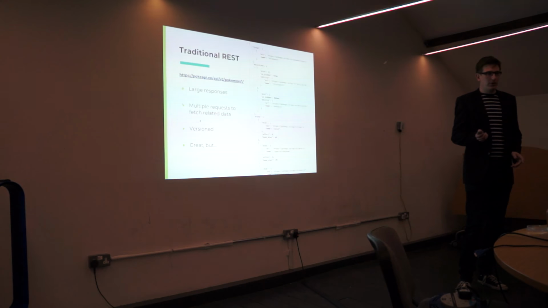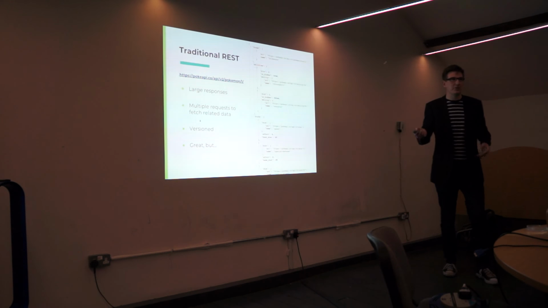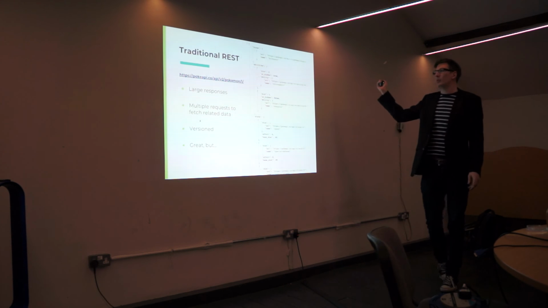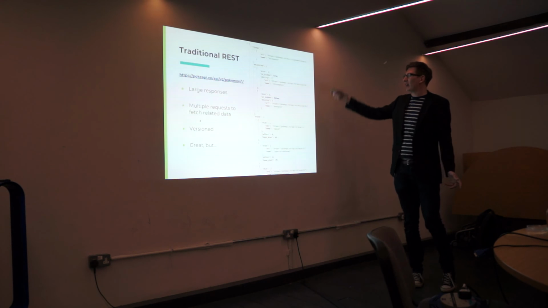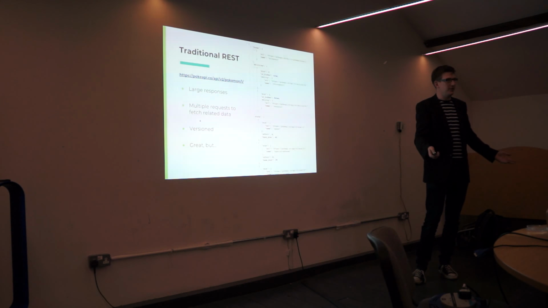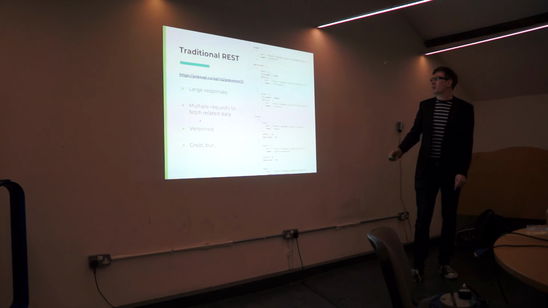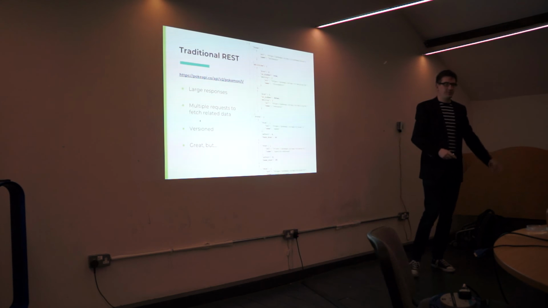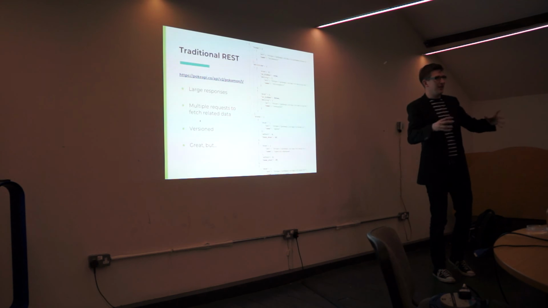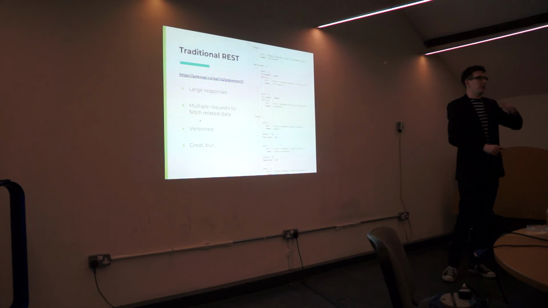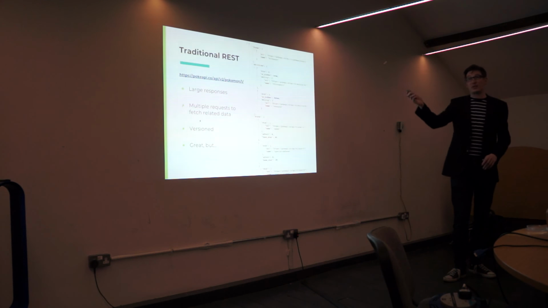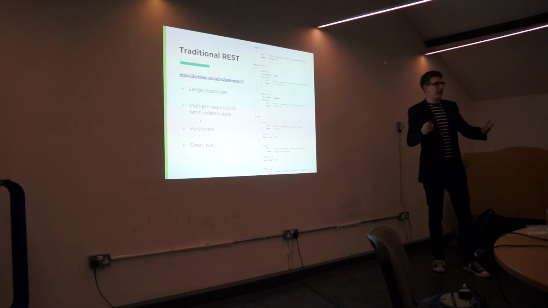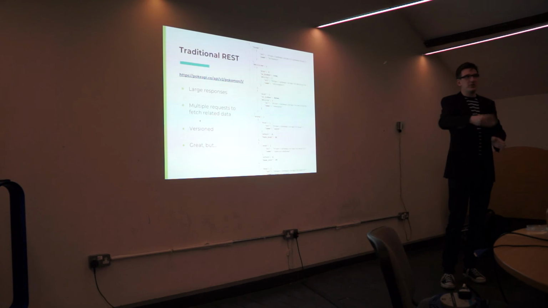Most people are familiar with traditional REST, so here is the Pokemon API. This would be your REST query to go get a Pokemon, essentially. You get a lot of fields down, you get what you're given, the fields that are there. If you want to get related data, like abilities or stats, you have to make multiple requests to fetch that data. If you go into deeply nested data, that's a lot of queries. And a lot of people in this practice will version APIs, because you get what you're given, so you have to adapt over versions and add these fields in.